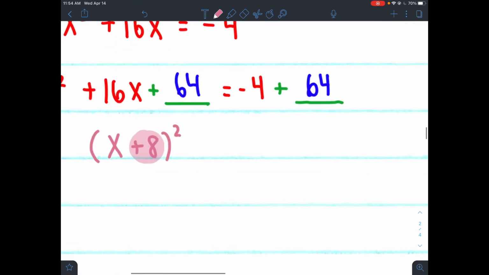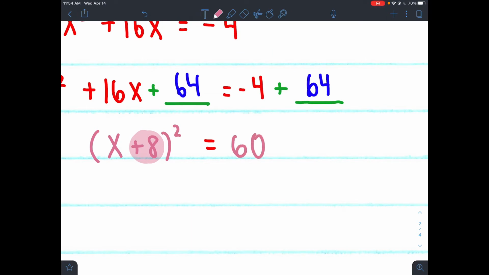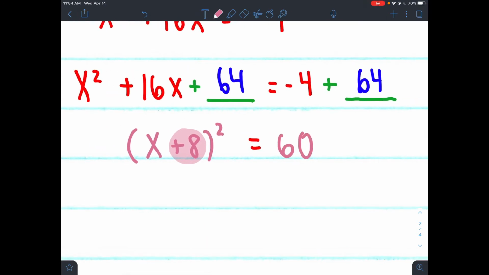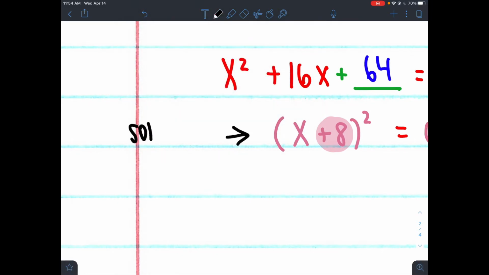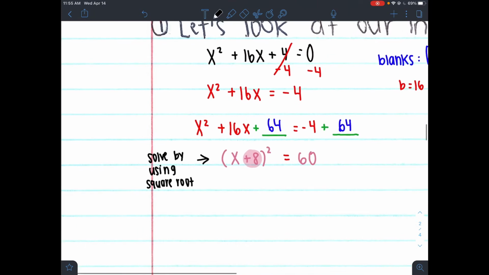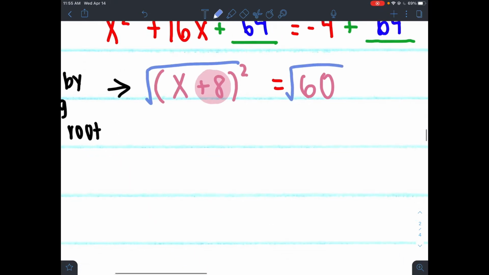Simplify the right-hand side. On the right-hand side, I have negative 4 plus 64. Well, negative 4 plus 64 is 60. Okay? From here, you solve by using square roots. So I'm going to go ahead and write that here. Solve by using square root. Okay, so from here, after you factor and simplify, then it's just basically what you did the day before. You're going to take a square root of both sides, right? So on this side, the square root and the squared are going to cancel each other. So I have x plus 8 left over